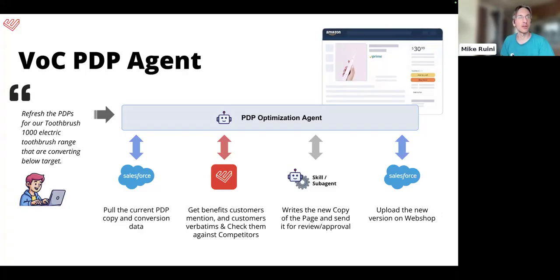It's pulling the page content, then it's connected to the Wonderful MCP, and then it's checking on what people are talking about that product on that e-commerce specifically, what they're praising, for competitors to find gaps. Then it puts these two things together. Maybe there is a sub-skill or an agent that is programmed to create new content based on these two inputs. And then it uploads via Salesforce,